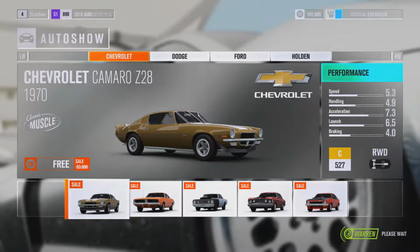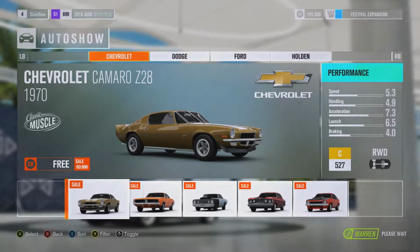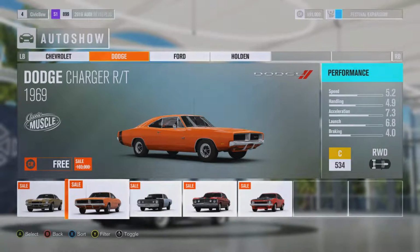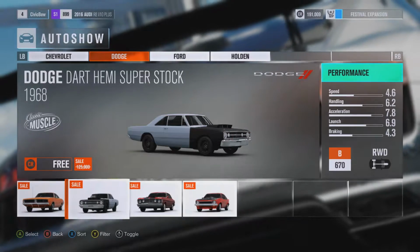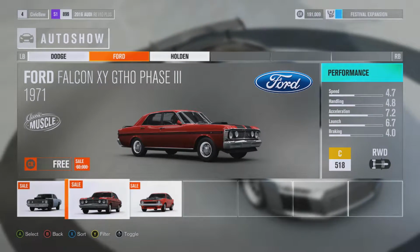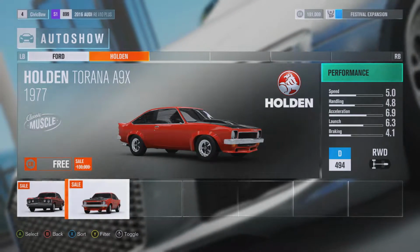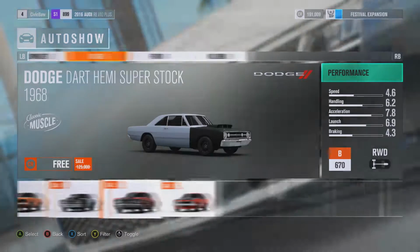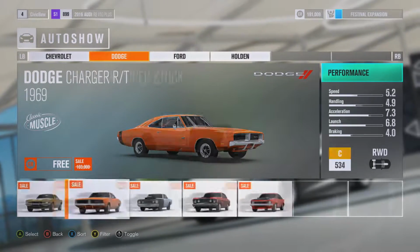Alright, here we go. These are my favorite kind of cars. I'm not seeing an old school Mustang though. That's a little disappointing. Old school Mustang's probably my favorite ride. That's probably what I should go with, the Dart. But I'm gonna go with whatever looks the coolest, because that's me. I do like the Dart, but